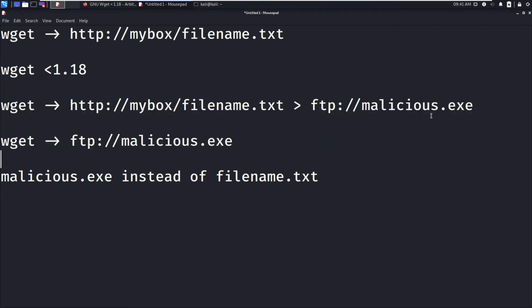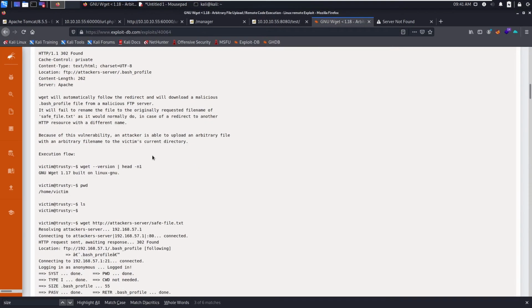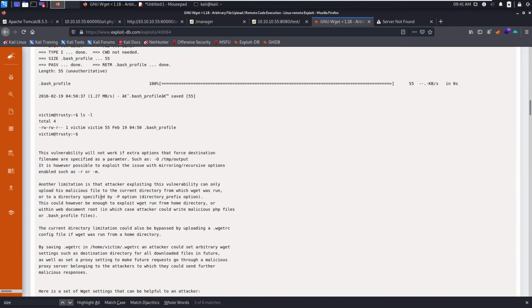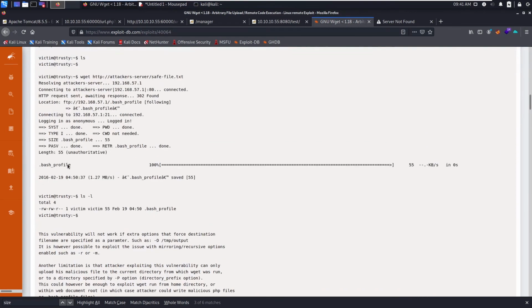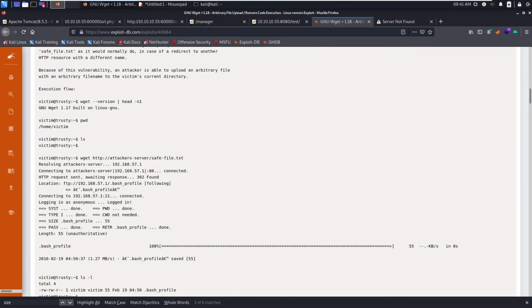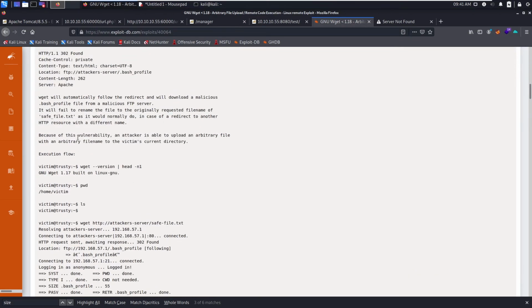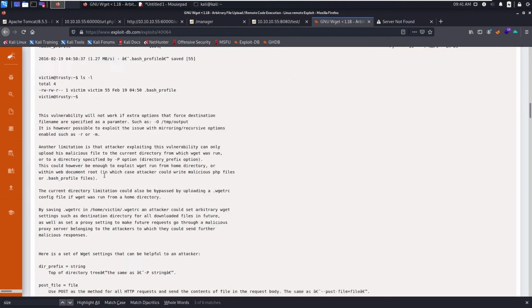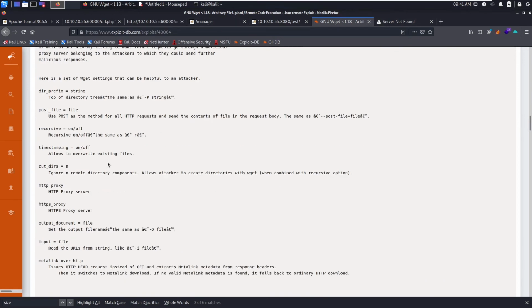That is what we are going to take advantage of. So okay, they gave the Python script here. This Python script will automatically redirect whatever request is sent to it to the FTP server. So you can copy this.